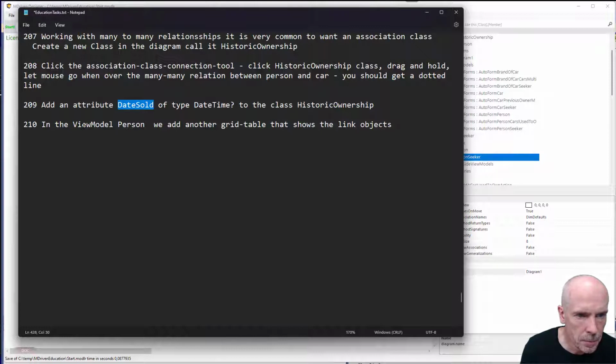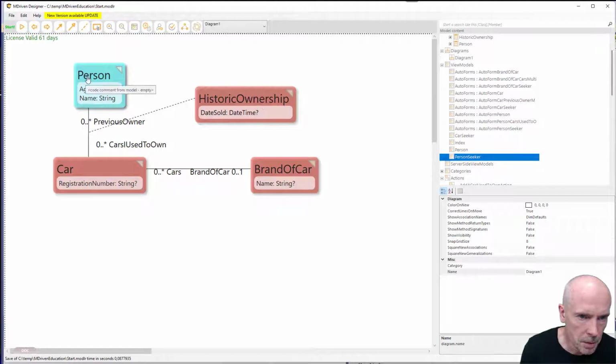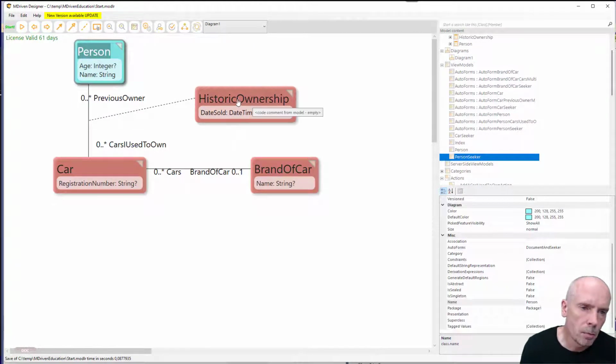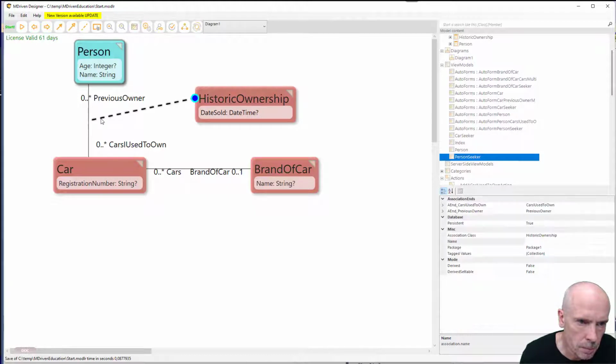In the view model person, we add another grid table that shows link objects. So these are typically called link objects. And they will be maintained automatically for us whenever something happens in this association. A new link object, or association object, will be created. So no matter which end is affected, there will be a new one like this. So what's interesting, if we point at this one,